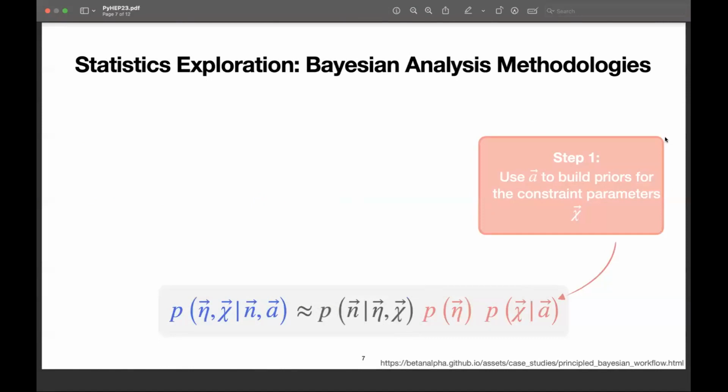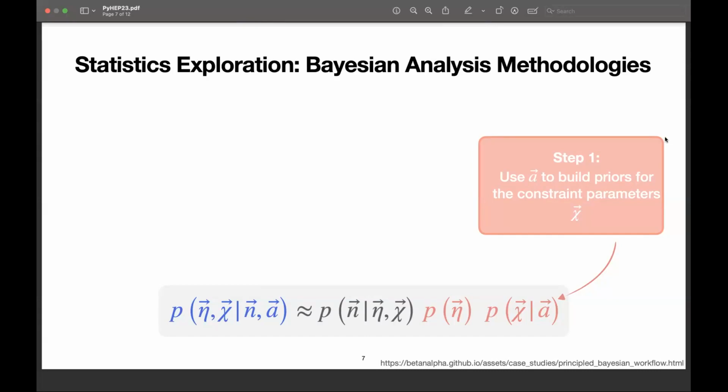And we do that in 3 steps. One step that I'm just going to skip over is when we build our prior beliefs for the constraint parameters. We can do so in a very smart way where we already incorporate these auxiliary measurements. I'm just going to name drop conjugate priors here, but I won't go into any depth for reasons of time. But what this allows us to do is we don't have to do this main updating